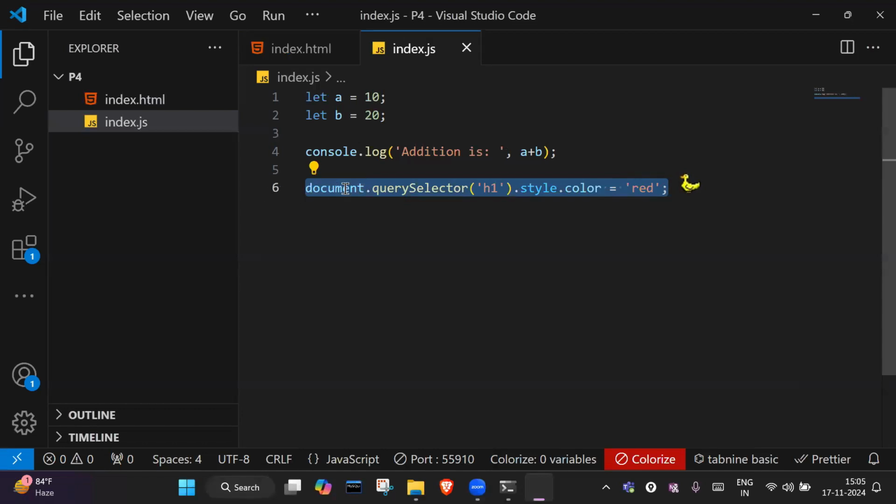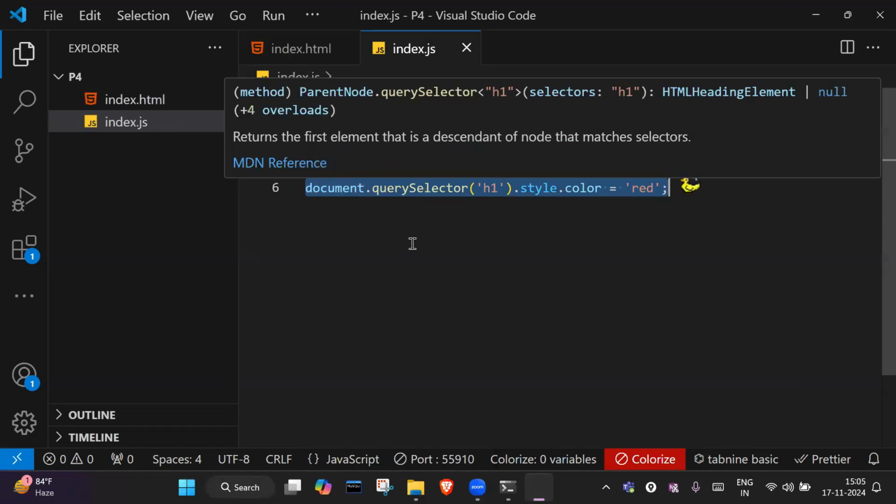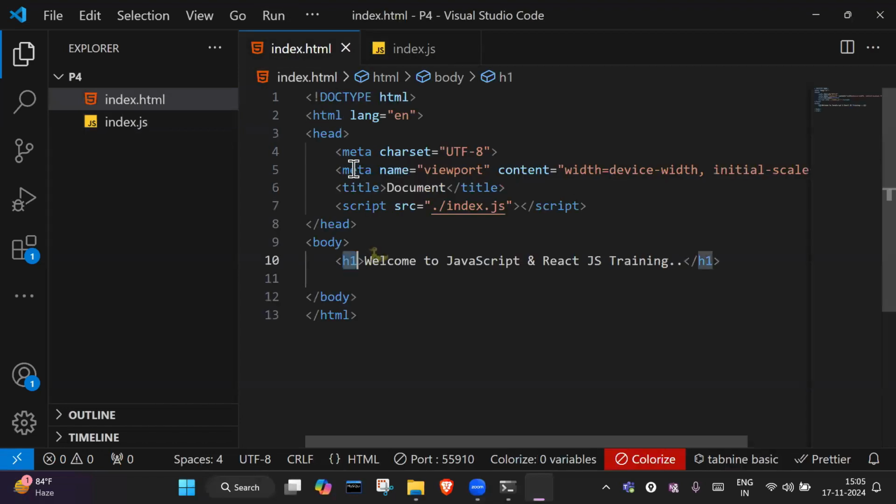At line number 6, there is no problem. It is an error-free line. Okay, see one thing. At line number 7, what do I have? My script tag. I linked my JavaScript file in the head section. So if I keep my JavaScript file in the body section,